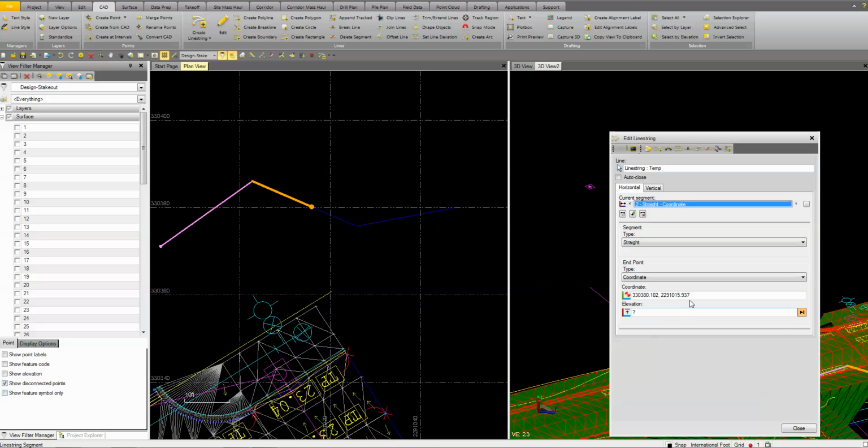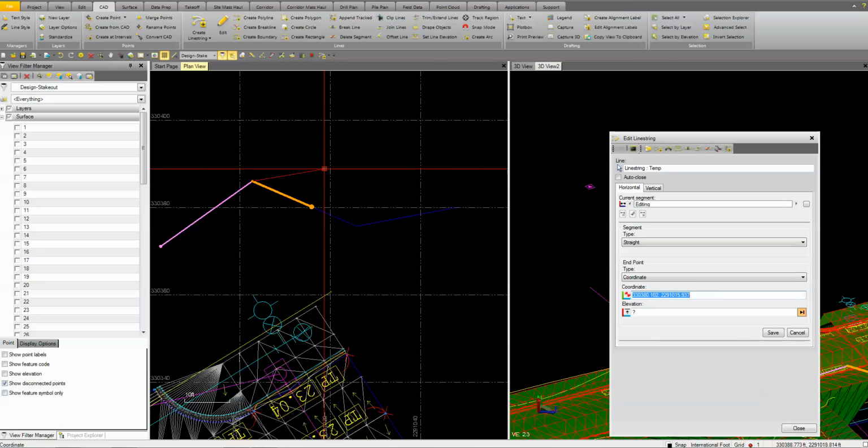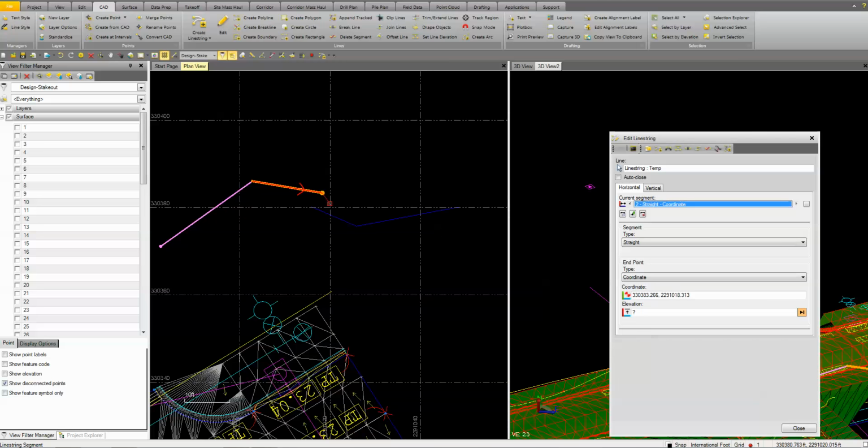Over here you can see that I can either set the elevation or the coordinate, but if I left click again, what it does is it actually lets me move the location of this line. So now I can come over here and set that as the new coordinate. If I want to just edit the elevation, I could come in here and type that, and it becomes a line string. I can edit that elevation. So if I close this